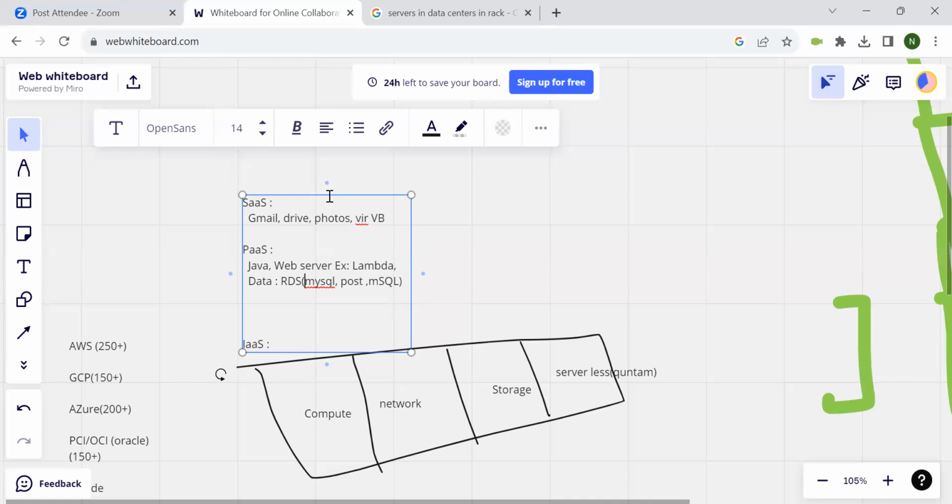Hey, I have these many databases related to structured SQL databases. You can use anything. You don't need to install. You don't need to maintain. I'm just giving you the platform. You can use it instead of maintaining all this. This is called platform as a service. Simply, they are providing a platform here. And the next one is infrastructure as a service.